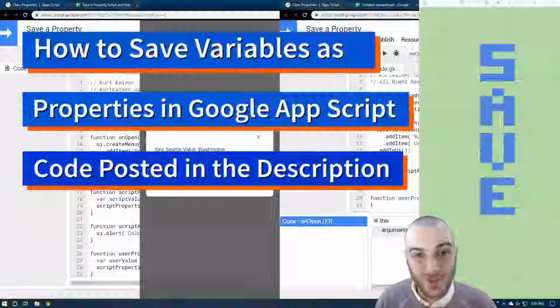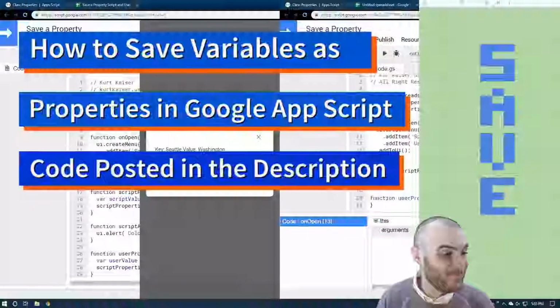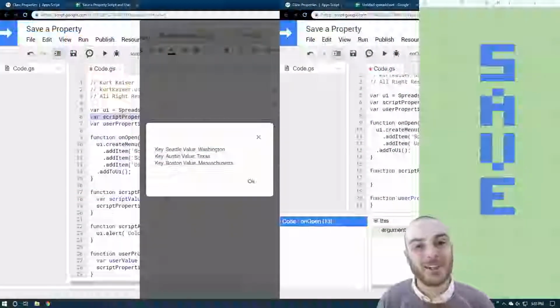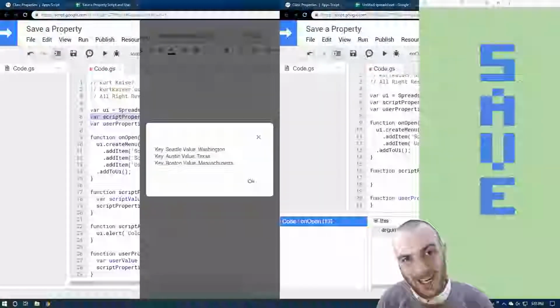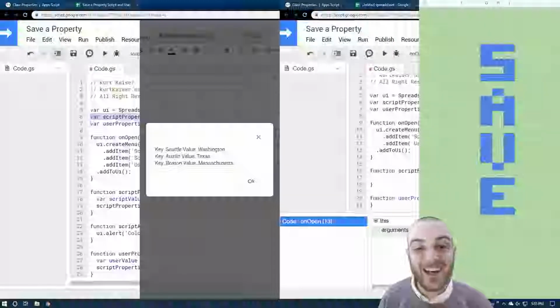Saving variables in Google Apps Script isn't always the easiest thing. Actually, I found it to be one of the harder things. Hardest thing? I'm not sure. But it certainly isn't simple. Now that I've figured it out and have used it in several different projects of mine, I kind of wanted